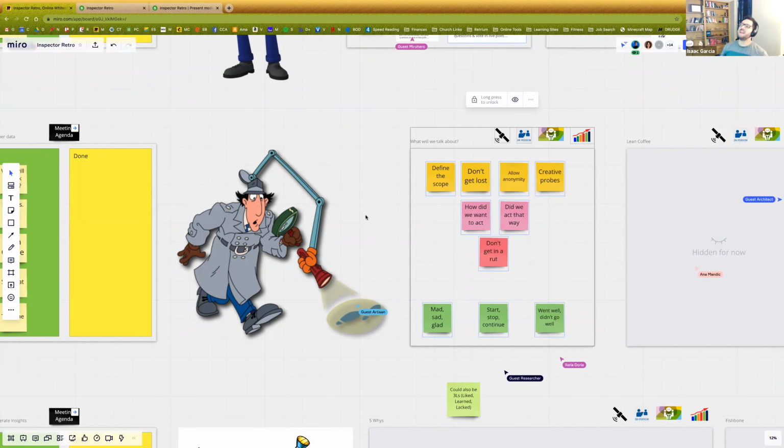They're going, I never thought about it like that. If you're seeing that response, you're helping the team see the world in a different way. So don't get stuck in a rut. These are good ones to start with, but don't do them all the time. Also, I see down there could also be the 3 L's. I love the 3 L's.